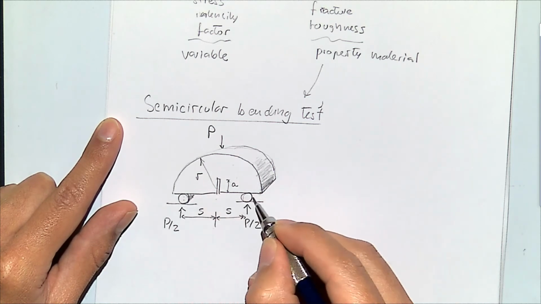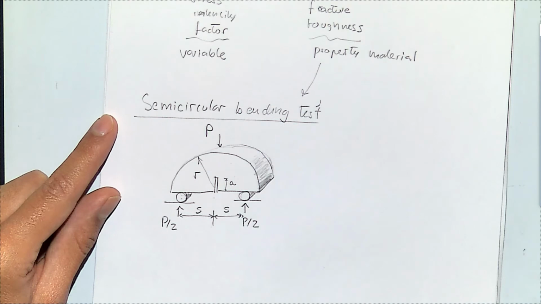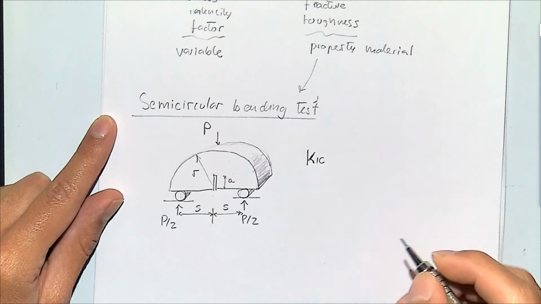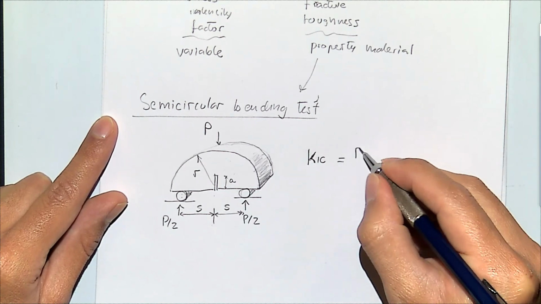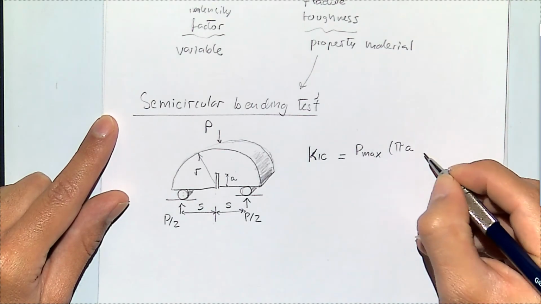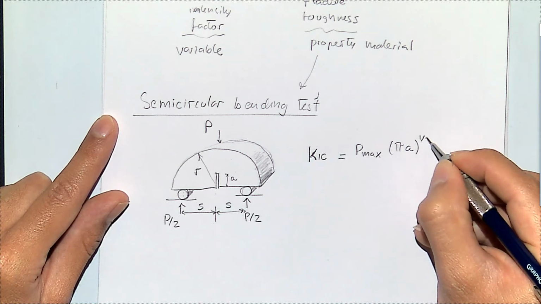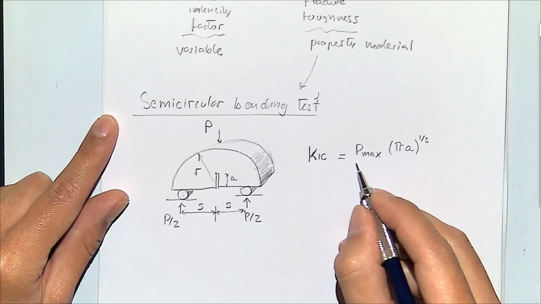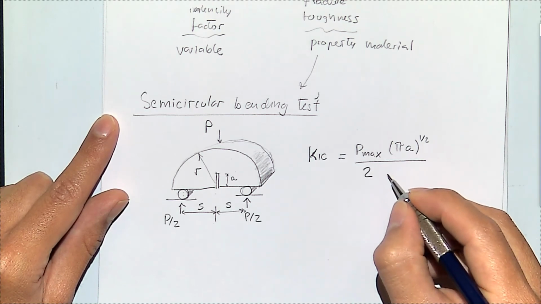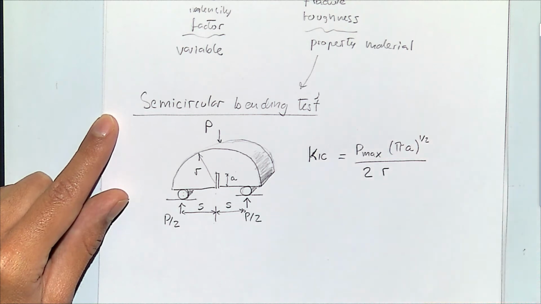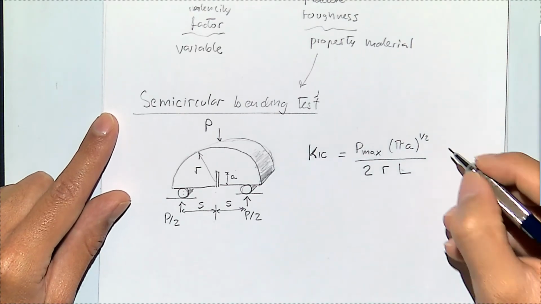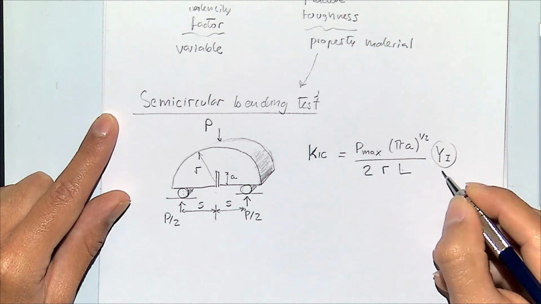And where these are the rollers. And we can measure the stress intensity. K1C is going to be equal to the maximum pressure proportional to the distance of the notch. So that's going to be part of the intensity. It's proportional to the radius of the sample, the length, and times a geometric factor,